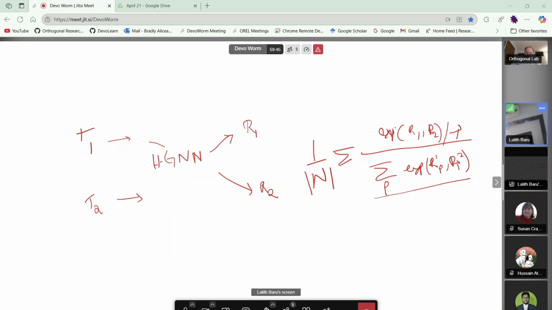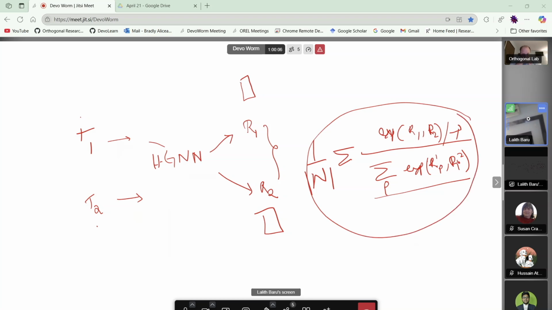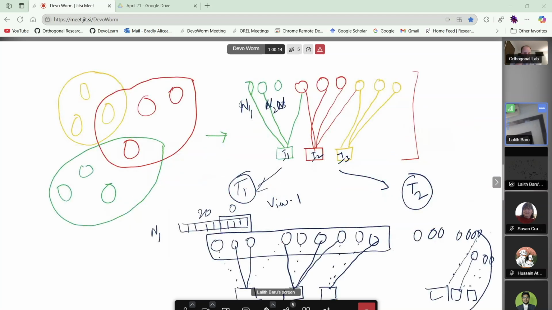This does it for all, and for each individual, and this is how it calculates the similarity between R1 and R2. Whatever transformation happened here and whatever transformation happened here goes through a GNN, and it gives 2 representations, and these 2 representations are the same. So this is the loss function that says these 2 representations are the same. What the network believes, since we are trying to learn this hypergraph neural network, is that whatever views I got here and here are the same, and it learns in that fashion,